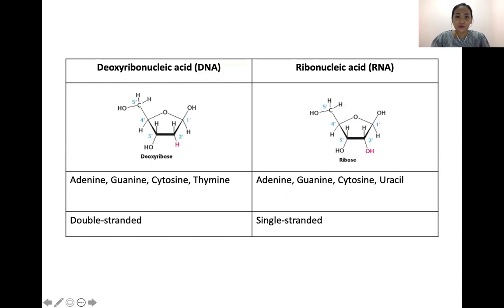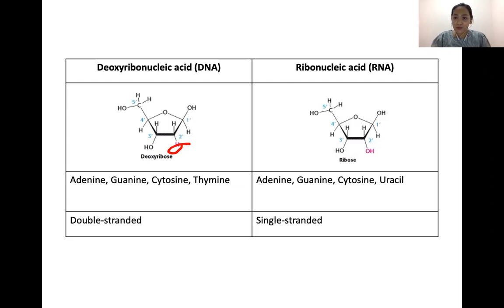If you look at the structure, the DNA and the RNA share chemical similarities, but there are also major differences between the two. First, like I have said, you have the sugar component, which is different for the DNA and the RNA. For the DNA, the sugar is deoxyribose. At the 2' carbon position, it has one less hydroxyl group. Hence, it is called